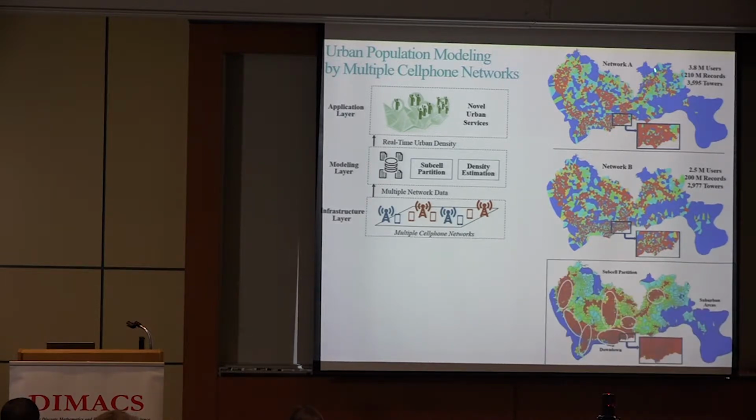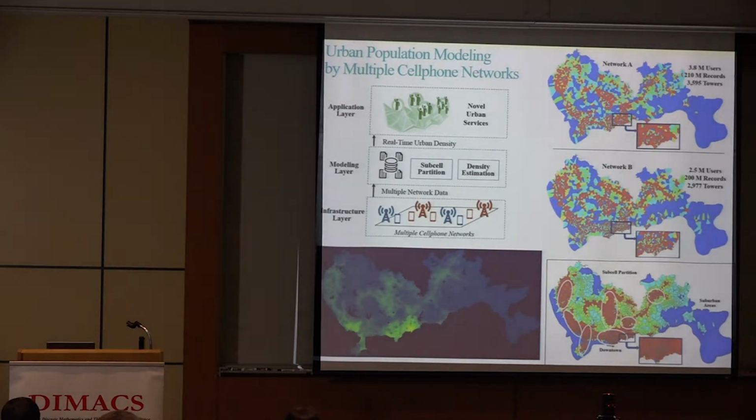Okay, if we combine those two cell phone networks together with some technique for the partition, we have a more fine-grained spatial partition because our cells become smaller, based on the intersection of the two different cells here. And